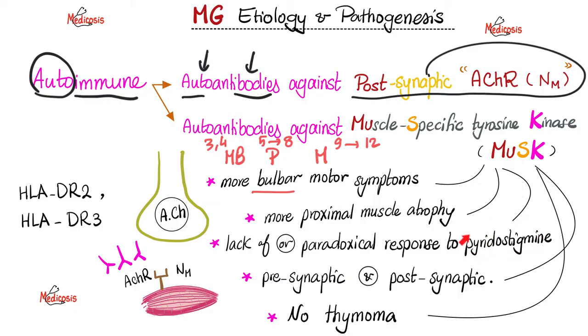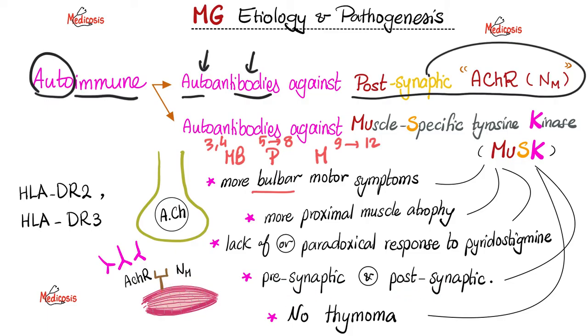Pyridostigmine is one of those drugs that destroy the destroyer. It is an acetylcholinesterase inhibitor. We give it to patients with myasthenia gravis to improve the symptoms. And this works like a charm if the patient has anti-acetylcholine receptor antibodies. But if the patient has the other antibody, which is the anti-MuSK, this patient tends to not respond to pyridostigmine or have an opposite effect, meaning instead of pyridostigmine improving the symptoms, pyridostigmine can worsen the symptoms. Because the MuSK is weird. MuSK is not just post-synaptic. MuSK is